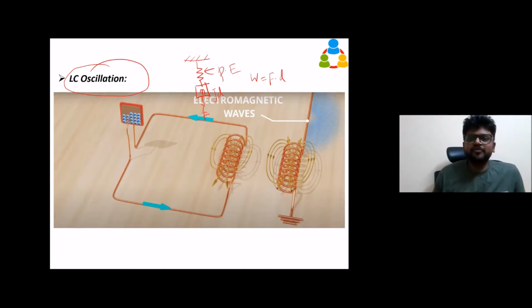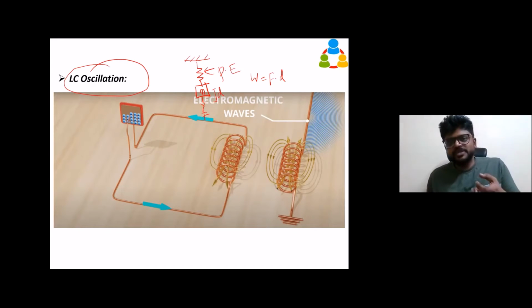When you release the force, the spring will restore the mass back by whatever distance you extended. When you leave the mass, it goes back to its initial position. So who has done the work here? The spring has done the work. Where did it get the energy from? It got the energy from you only. You did the initial work, and it was stored in the spring. But is it going to stop? No, it's going to oscillate, because when the mass goes further upwards, it compresses the spring. When it is compressing, it again stores potential energy, and that potential energy again pushes the mass backwards.